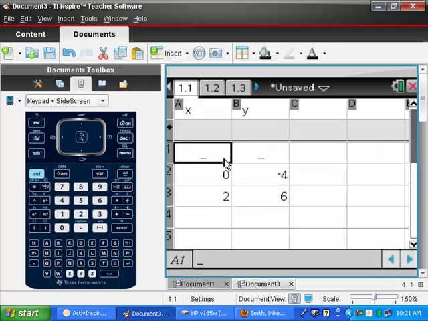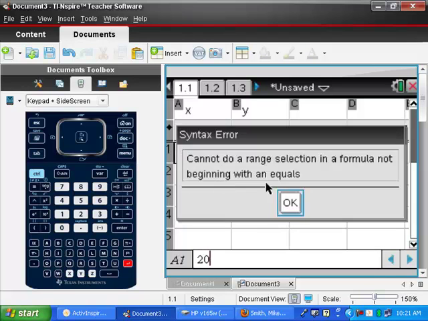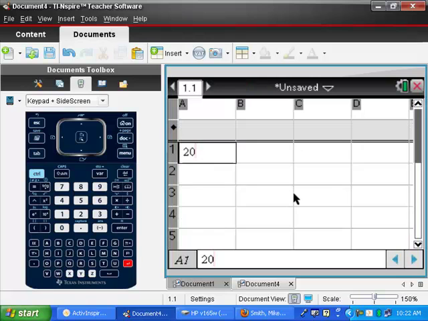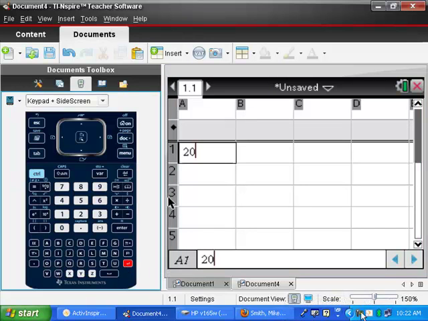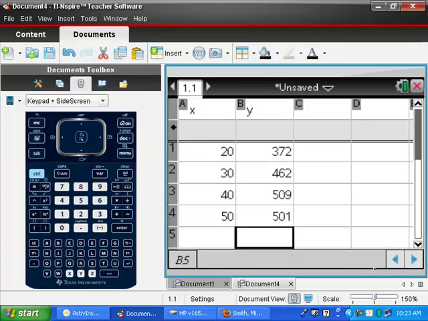All right, so 20, 30, 40, 20. Oh, I apologize. Hold on 1 second. All right, so I was able to enter the data here, and I just put a few of the